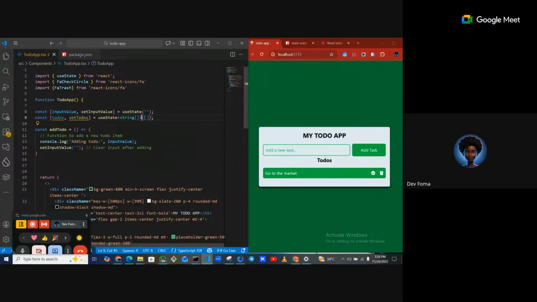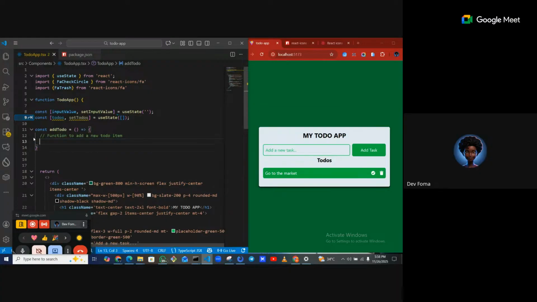I don't want to explicitly state it's a string; it should be implied. Okay. So instead of this in our add to-do, we're going to use this new state